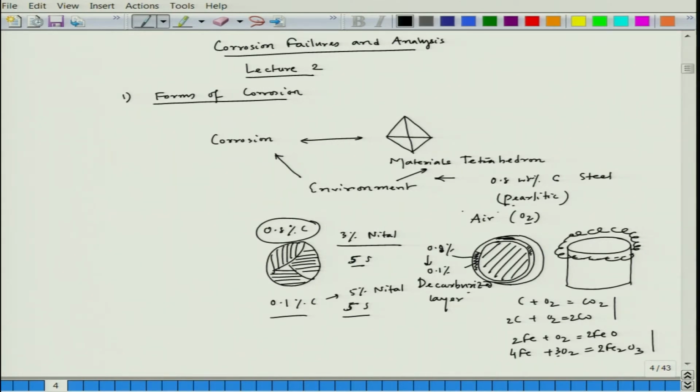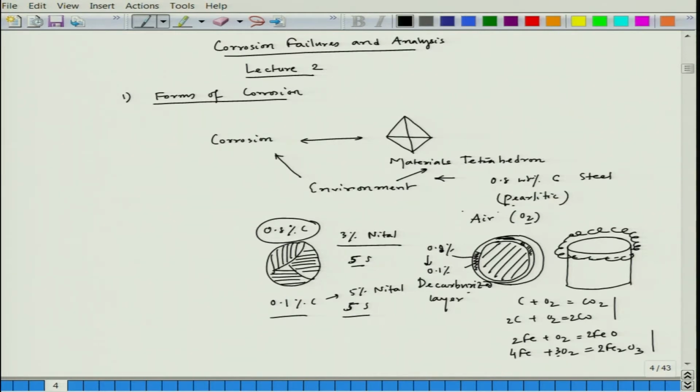And one example is the usual blacksmith who makes those axes and all those things. After making that particular iron object, they push it in the coal environment. Okay. So, that actually helps to form a carburized layer. That means the carbon content in that particular layer would go up, and that would give extra strength or extra wear resistance to that surface, because the higher the carbon content, the higher the hardness. This is a kind of thumb rule.